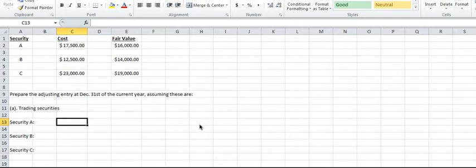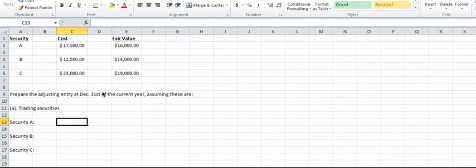So let's take a look at a few examples here. So the first question, up top here you have just an example of several different securities, and we're going to assume for the first part of this problem that these are trading securities. So these are stocks most likely that we are planning to sell in the very short-term future and hope to make money off of. And now all of a sudden we have December 31st rolls around and we have to